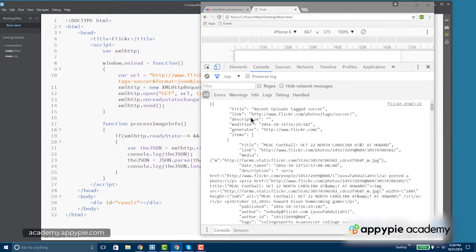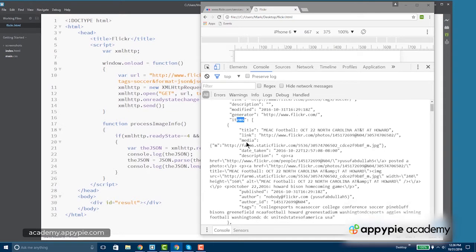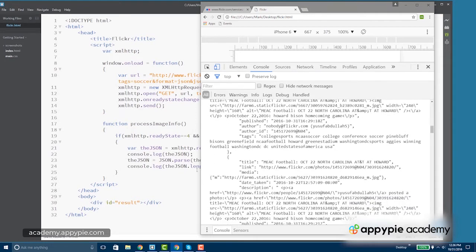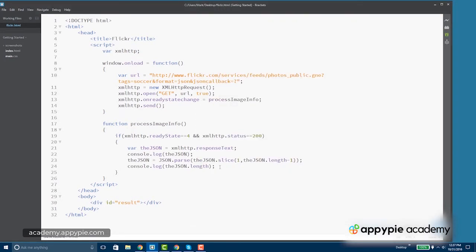So there's our JSON. At the top level, we've got title, link, description, modified, and generator. And then we've got items. So we've got to go into this items element, which has all of the items in there, all our individual photos. So if I change this to json.items.length,